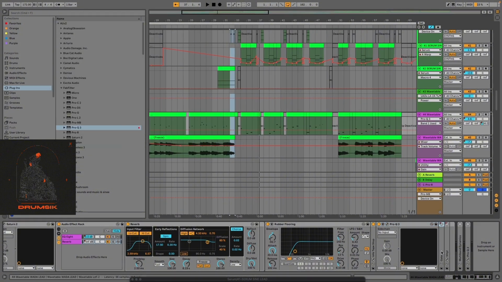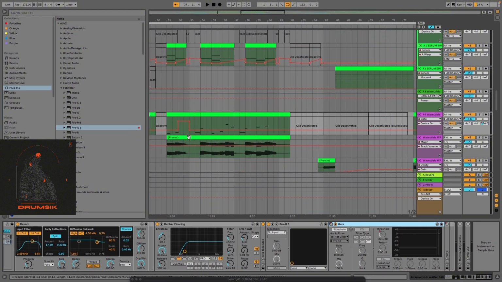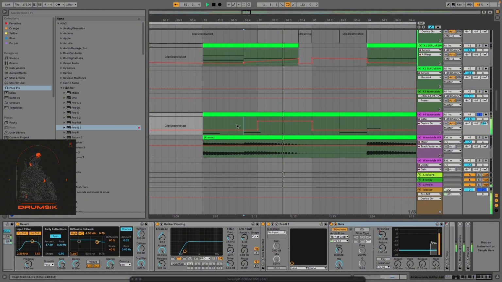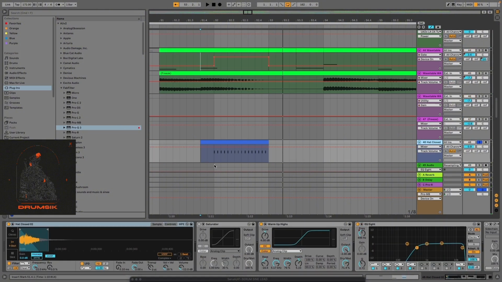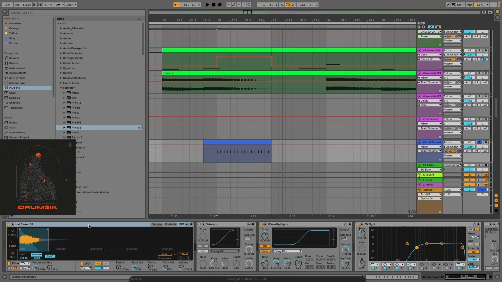This is where it's a bit interesting. The gate, which happens only once here, and it's gated to this channel, which is my hi-hat,